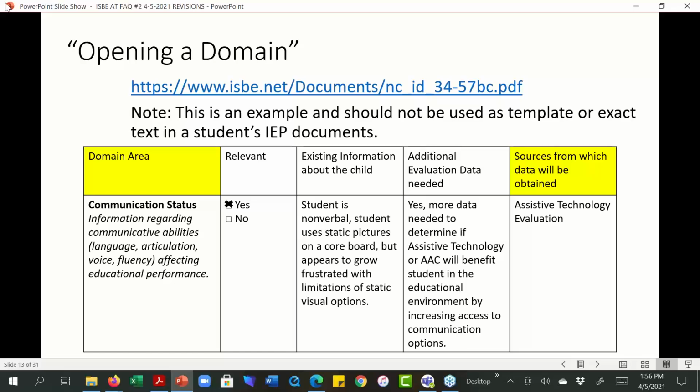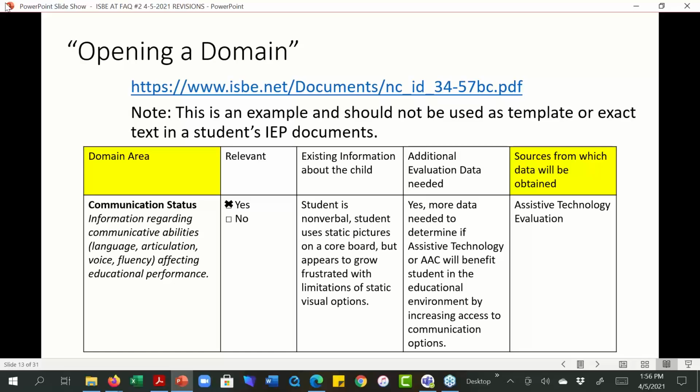Yes, more data is needed to determine if assistive technology, or AAC, will benefit the student in the educational environment by increasing access to communication options. So that's where you would record, yep, we're doing this evaluation. This is exactly what we're going to do. The last box, this is where you're going to put what you're planning to do.